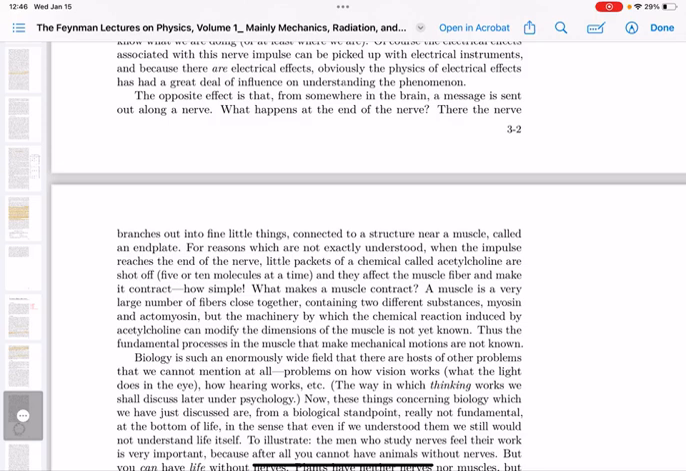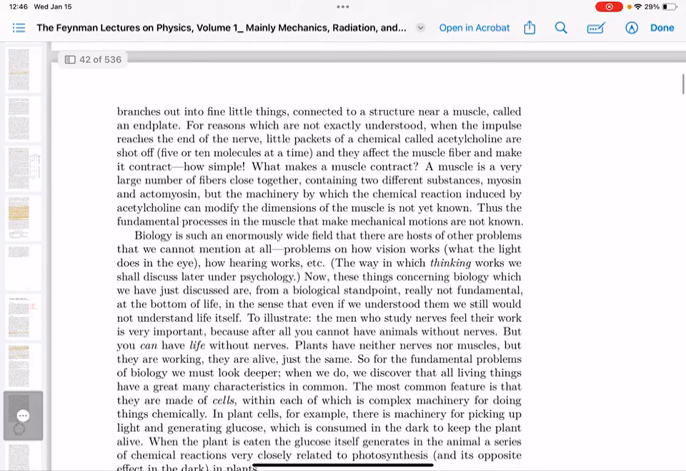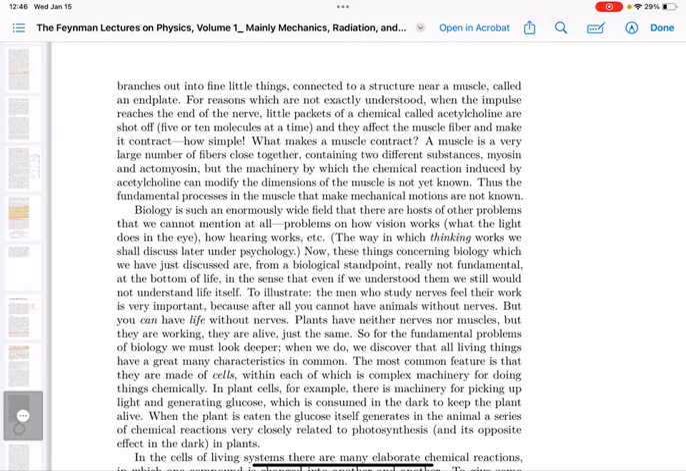The opposite effect is that from somewhere in the brain, a message is sent out along a nerve. What happens at the end of the nerve? The nerve branches out into fine little things connected to a structure near a muscle called an end plate, for reasons which are not exactly understood. When the impulse reaches the end of the nerve, little packets of a chemical called